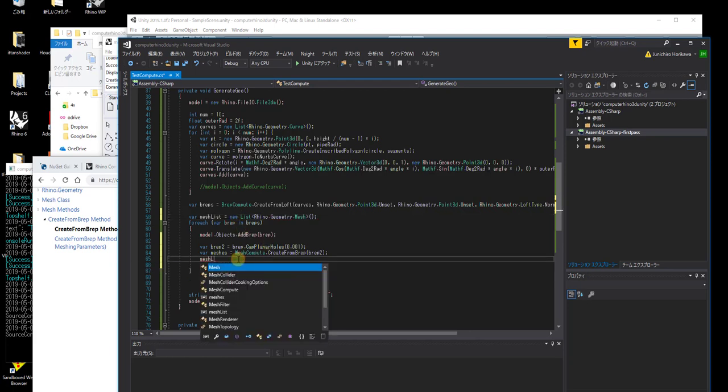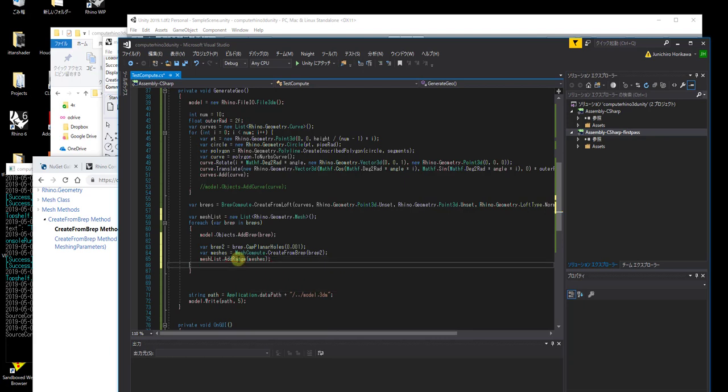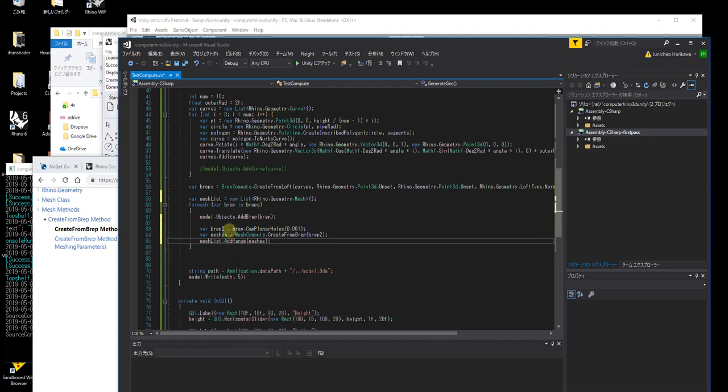And add all the meshes I created using AddRange, like this. Okay, now I have the list of Rhino's mesh geometry inside a mesh list. Now what I need to do next is to